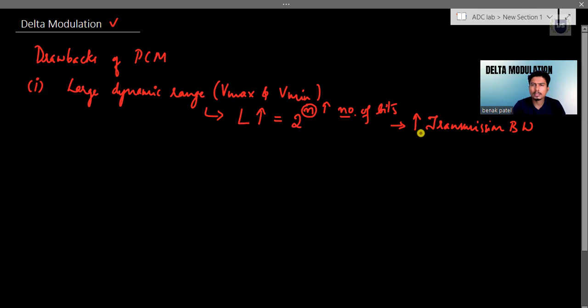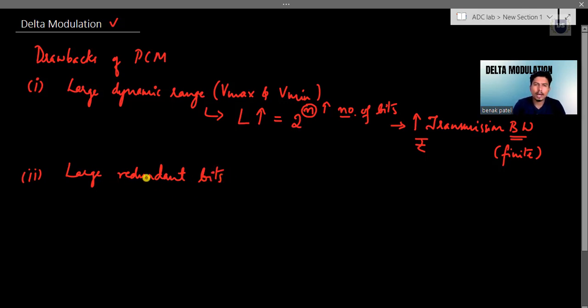As the transmission bandwidth increases, we need to pour in a lot of money to buy that bandwidth, because this bandwidth is finite in nature. So this is the very first drawback of PCM, and the other drawback of PCM is large redundant bits.